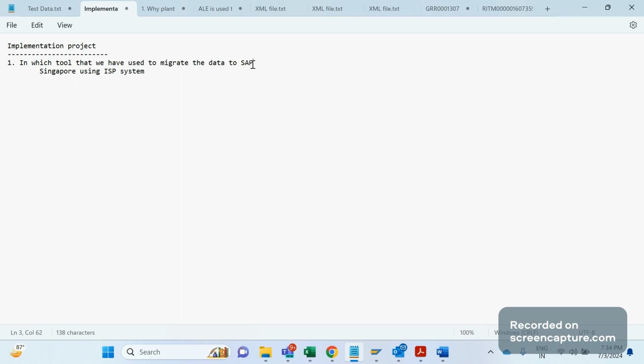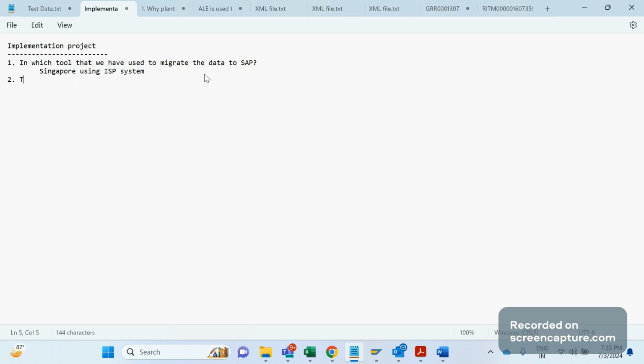If you say you did it, they will ask you more questions, like what tool you have used, what errors you received during migration, and how many days it took you to migrate. Many questions follow continuously when you say yes. Simply to cut this question short, say that the migration team is there, they did it. This is the first question you might expect when you work in an implementation project.